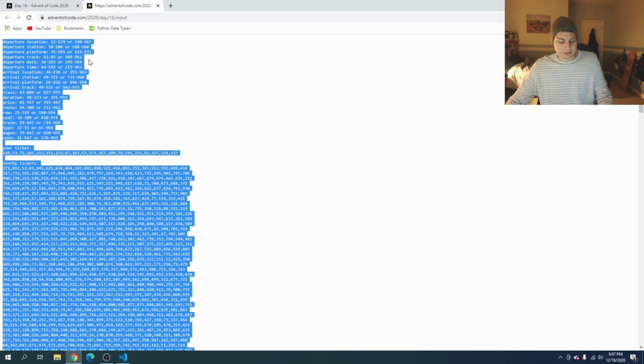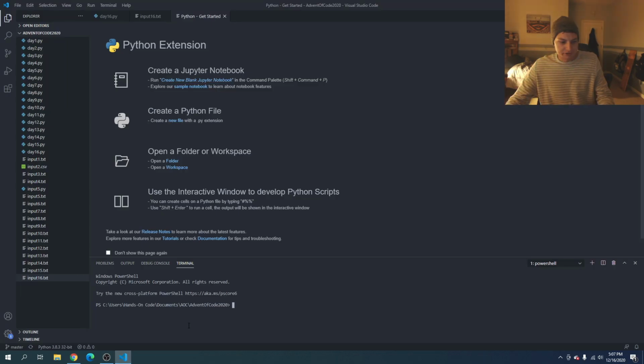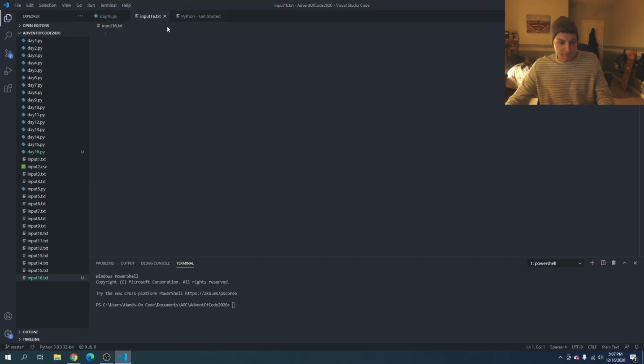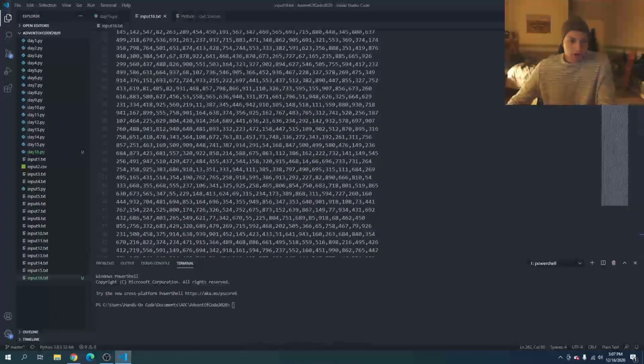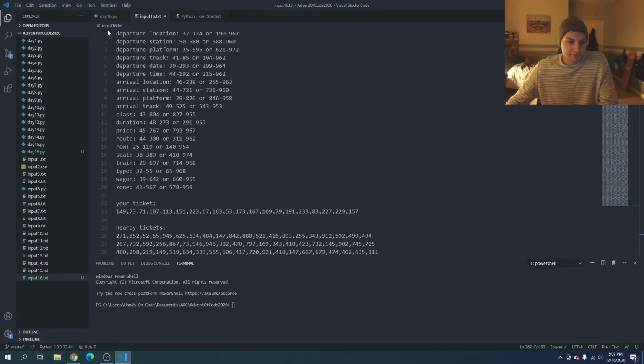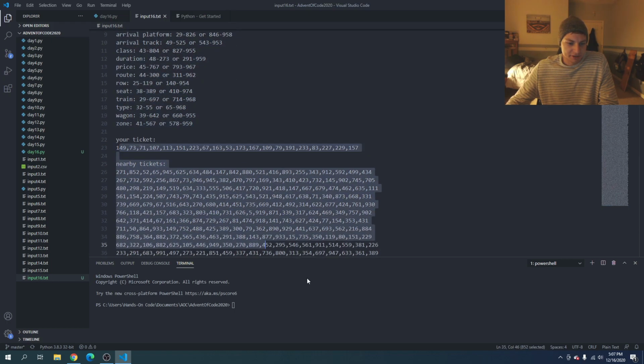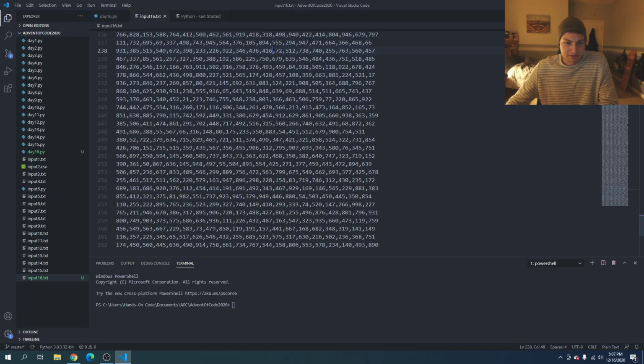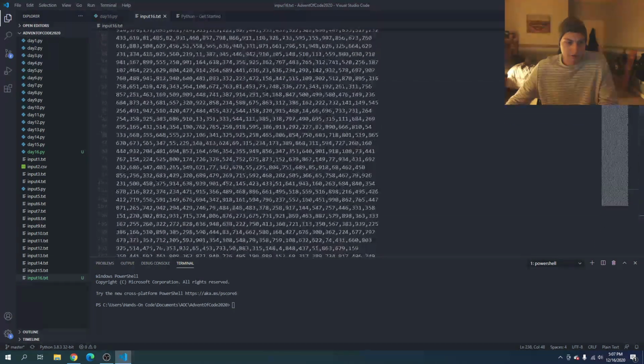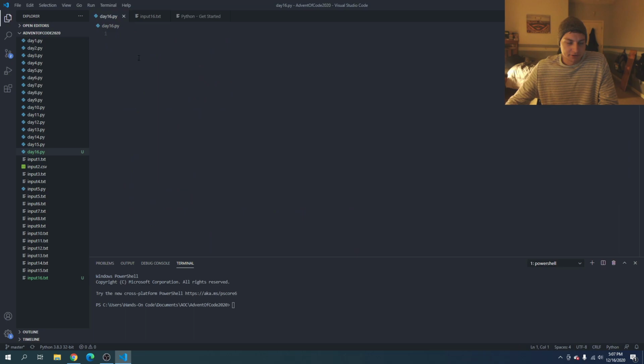Oh, whoa, that looks a little scary. Paste it in. Okay, so we need to find a way first to parse out these fields and ranges, and then to parse out the tickets. So I think what we're going to do here is make this a little similar to the way that we normally do it. So we will start with